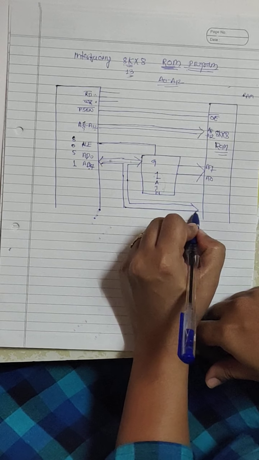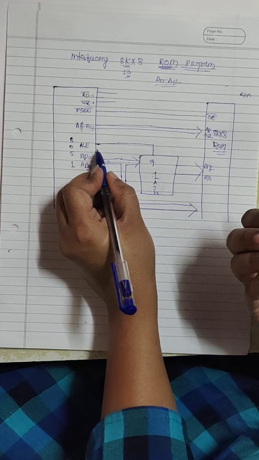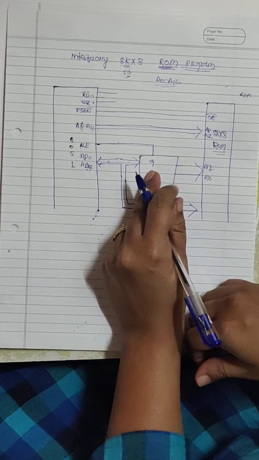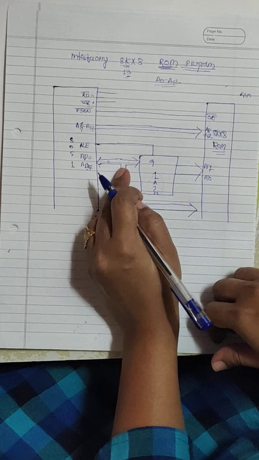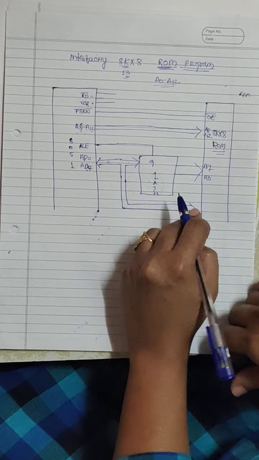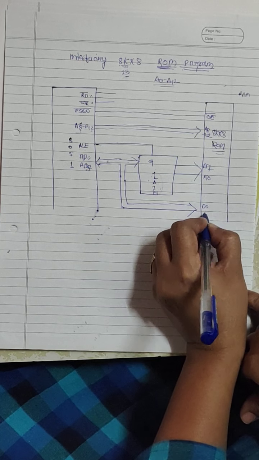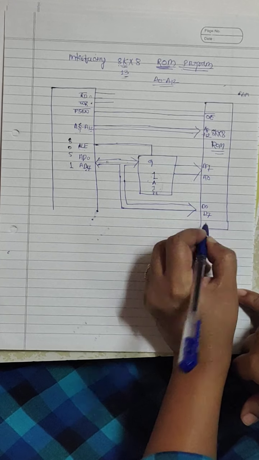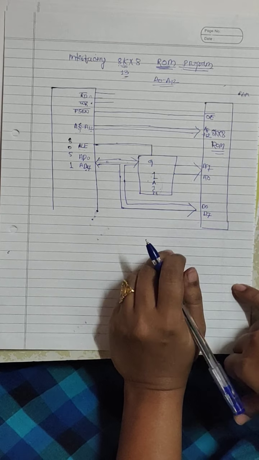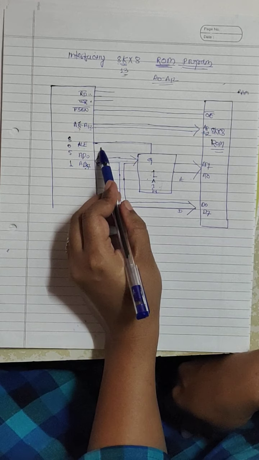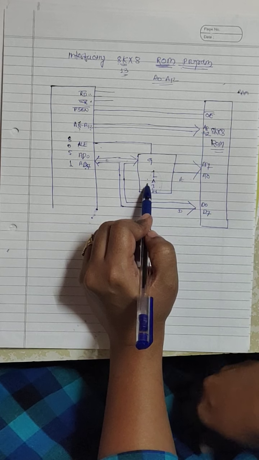Again, during the second and third clock, this AD bus will have the data. At that time, this ALE pin becomes high, so the latch gets disabled and the data will not get stored in the latch. It will be available on this bus, from which we separate out the data pins, which are connected to D0 to D7 pins of the external ROM memory. In this way, we separate out the address and data pins by using the ALE and external latch.